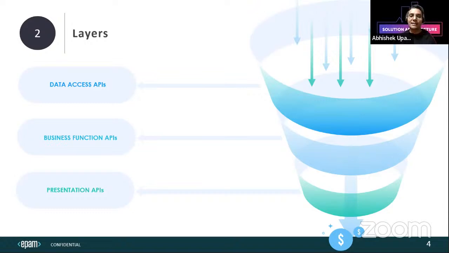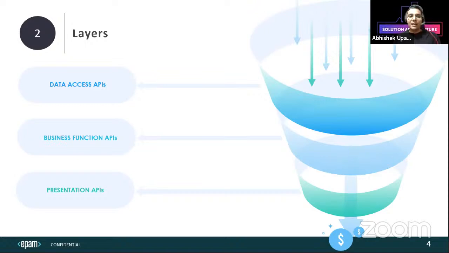So for example, data access APIs can have a performance SLA of 50 milliseconds, whereas presentation APIs might have 200 milliseconds. It depends, but different SLAs can be defined for the APIs depending on the layer they belong to. And not only that, the tech stack can be different for the different layers of API. For example, the business function APIs might be written in Java, but the presentation APIs might be written in Node.js, especially if the presentation APIs are serverless and